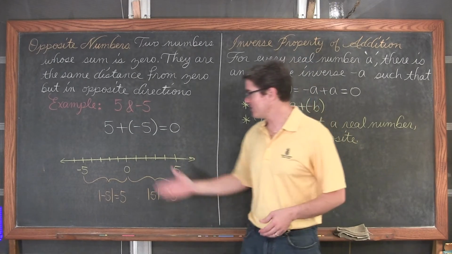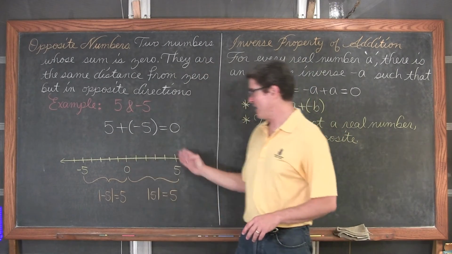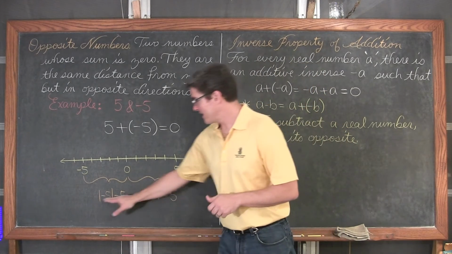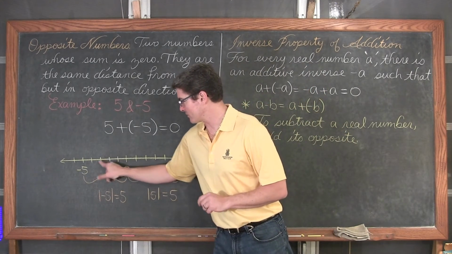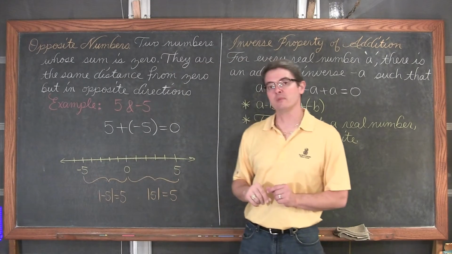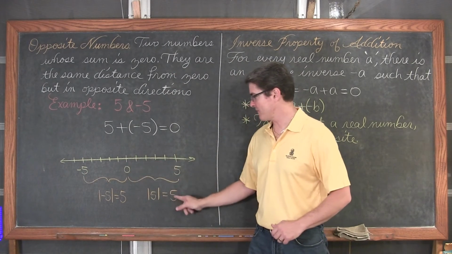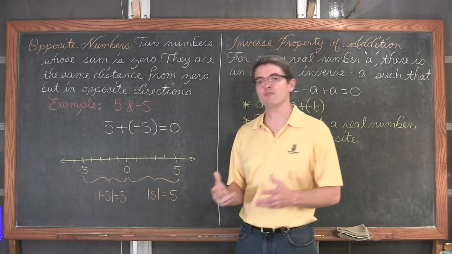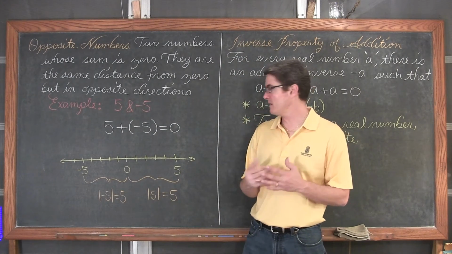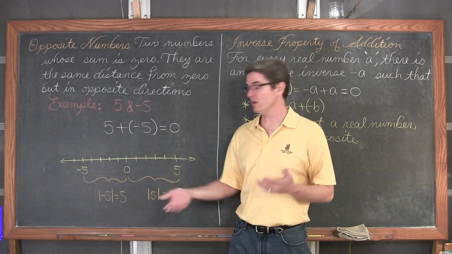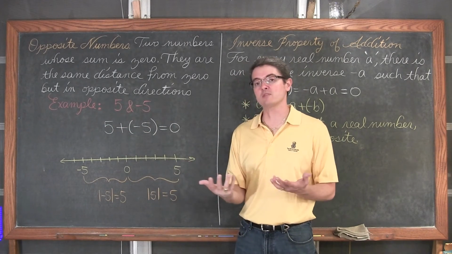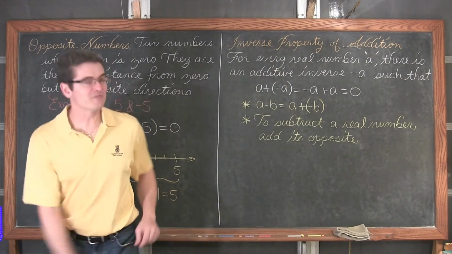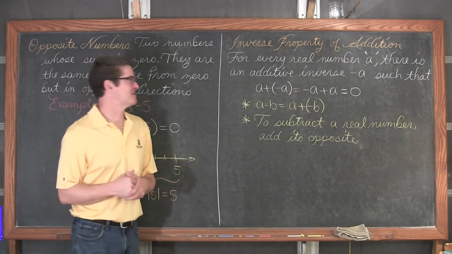I've drawn a number line. We have 0, we have -5, we have +5, and just to recap that idea of absolute values, -5 is 1, 2, 3, 4, 5 units away from 0, and +5 is, again, 5 units away from 0. So they're the same distance away from 0 on the number line. Thus, 5 plus -5 is the same as subtraction: 5 minus 5 is equal to 0. Voila! The inverse property of addition, which I kind of just hinted at there.